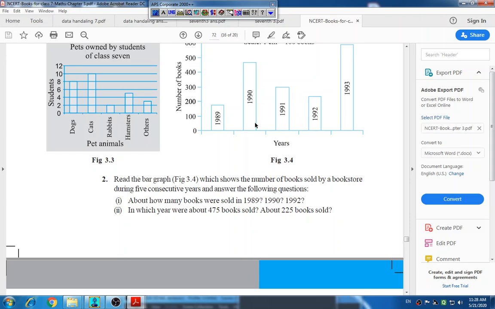Like that, the third one is, in which years were fewer than 250 books sold, that means less than 250? Yes, that is in 1989. And the fourth one,